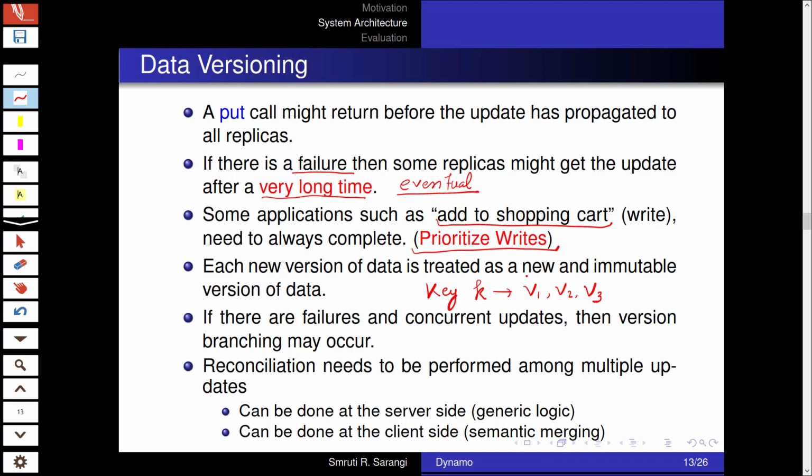Each one of them is considered a new and immutable, unchangeable version of data. So we don't actually overwrite, we just create a new version and record the fact that V1 was the first version, then V2 and then V3. We will see that this simplifies our life significantly.